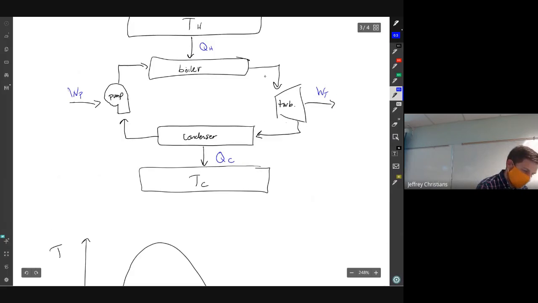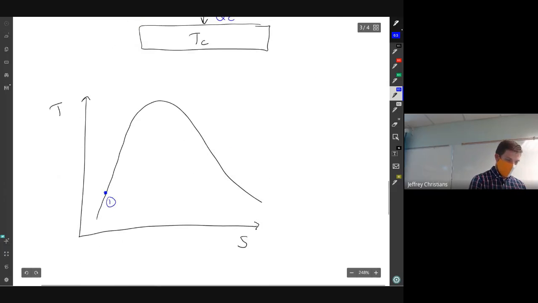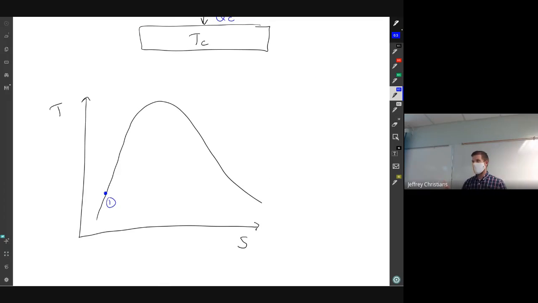We can label this quick. If we label it the same, we'll call that 1, 2, 3, and 4, the same as what we did previously for Carnot. We're going to start and make sure that we're pumping just a single phase thing, so just a liquid. And what we saw is when we compress a liquid, we change the pressure, but the temperature hardly changes at all. So we're going to have from 1 to 2,